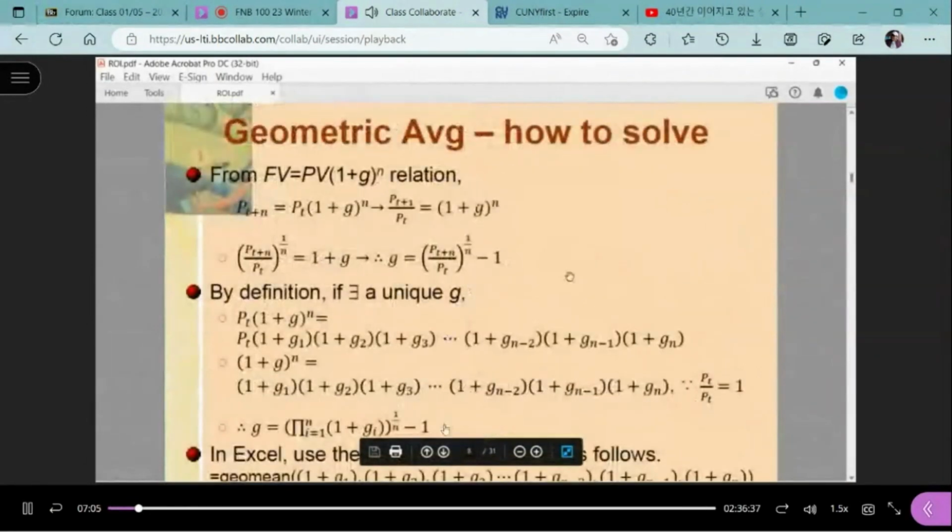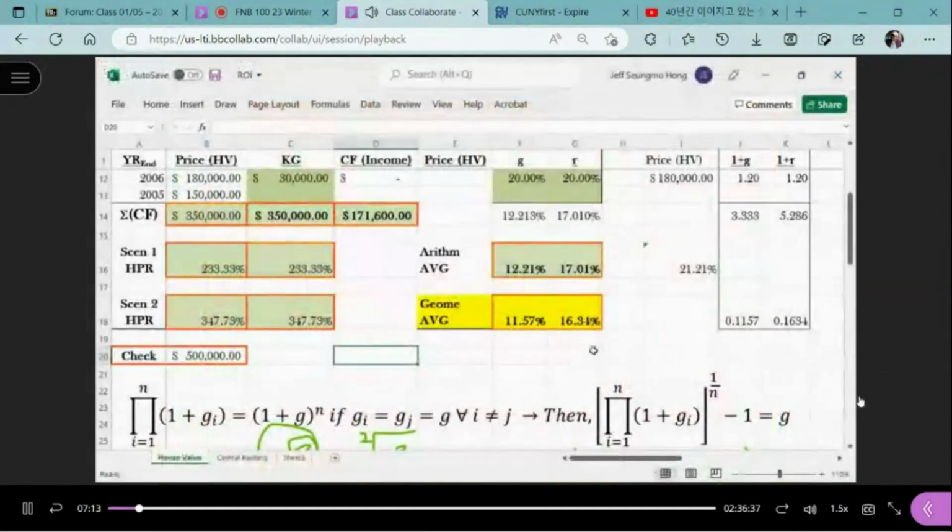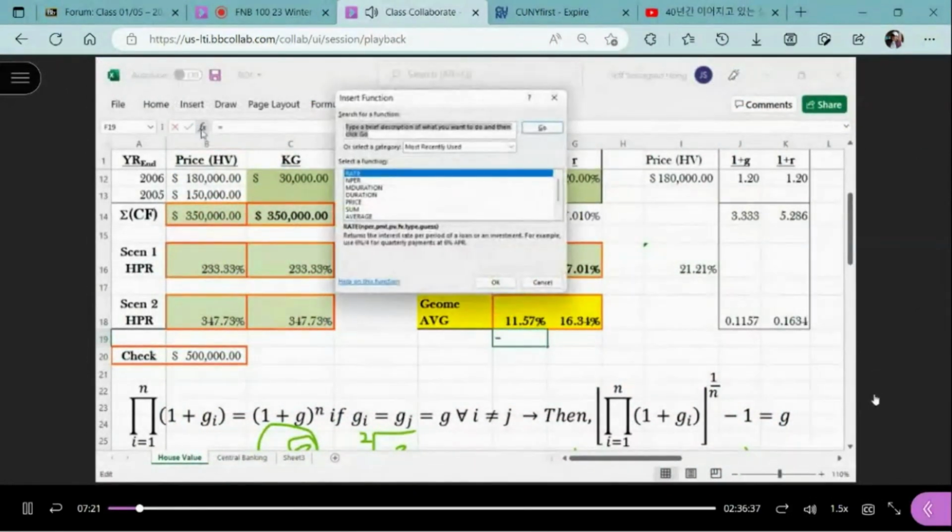This is the formula for finding geometric average. Also, in Excel, we have something called Excel's built-in function. If you click on this, f of x, that means function of x, the dialog box will open up and ask what type of function you want. By default, it will show you the list of most recently used functions. But if it is not here, what you're looking for is the financial category. So you go there,